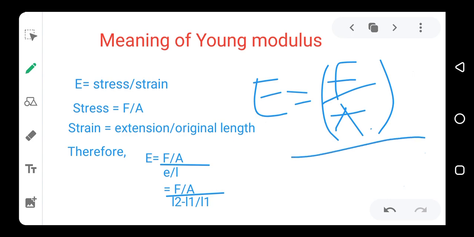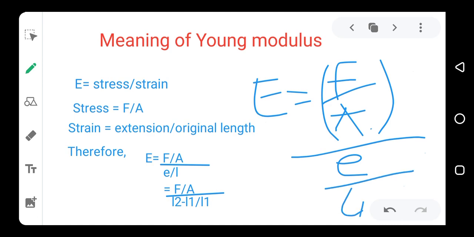Then this over the strain, which is extension over the original length. Let's use e to represent our extension, and L1 to represent our original length. So we can now write extension over